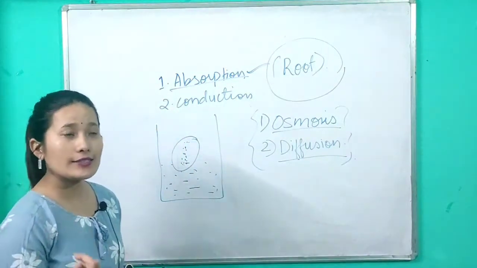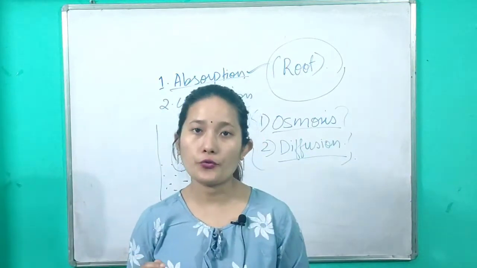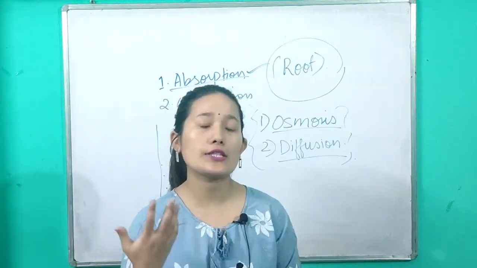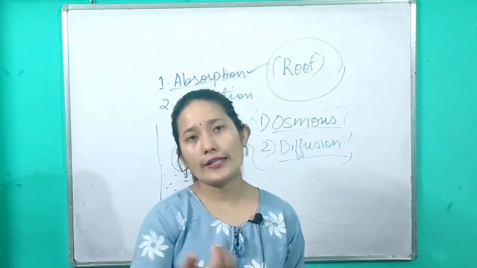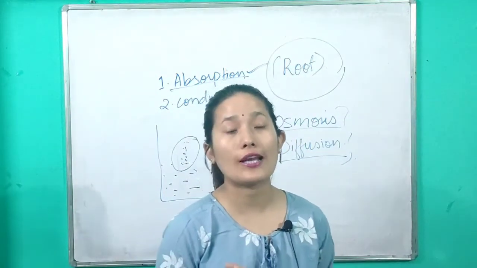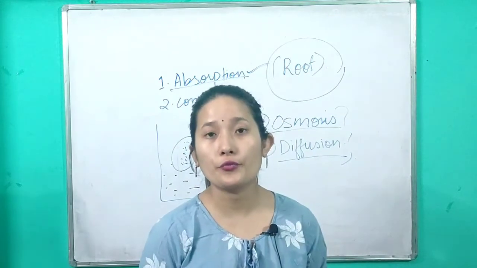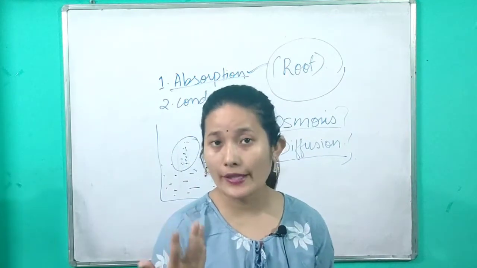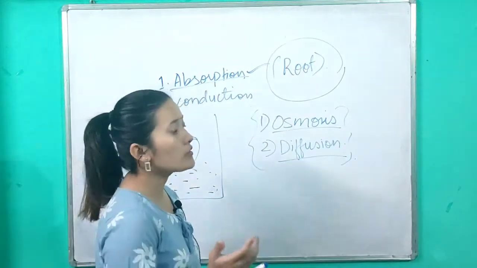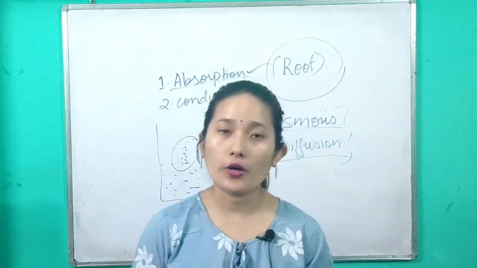Another example could be if you light an incense stick in one corner of your room, after a while your whole room will be filled with the smell of the incense stick. Or let's take the example of perfume. If one of the students comes to the class spraying perfume, then what will happen? Every one of you can smell that, right? So that's an example of diffusion. Here the solute is moving from a higher concentration towards a lower concentration.